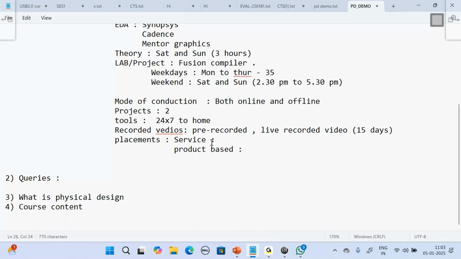That is called what? Client interview. In the client interview, they will ask what projects you have worked on previously. Service-based companies will teach you what to answer in that. They may ask some questions to test your caliber, right? What is the command to do this, or how do you fix these issues? That is what product-based companies will do. That is called a client interview, right? So when you go to a service-based company,